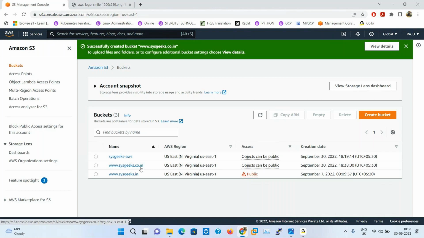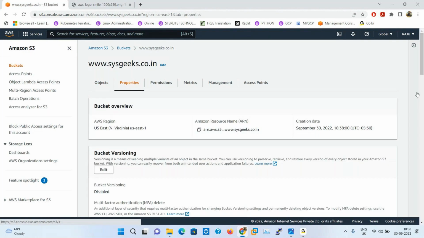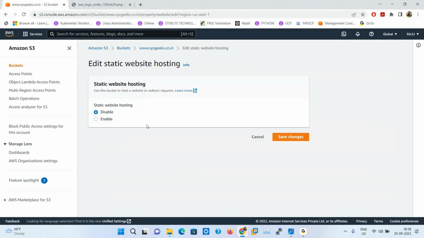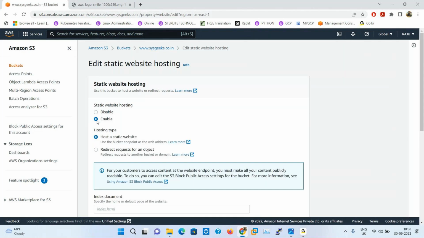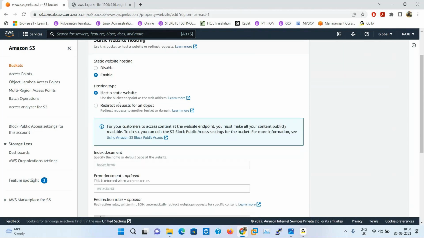Then open this bucket, and under properties, the last one is static website hosting. Then edit, enable. Now here, host a static website or redirect requests for an object.